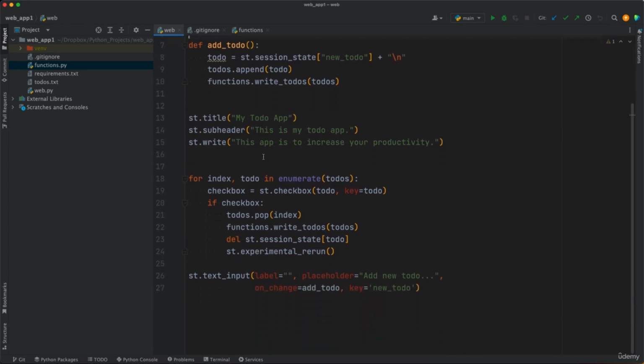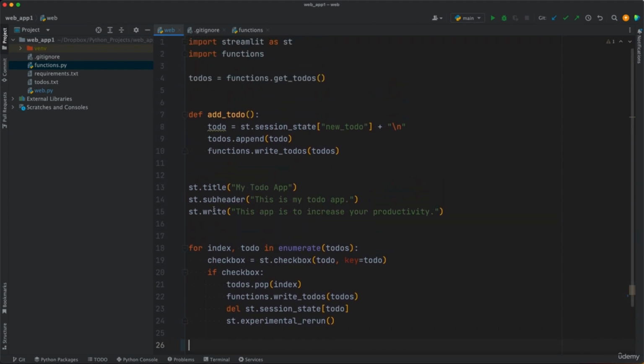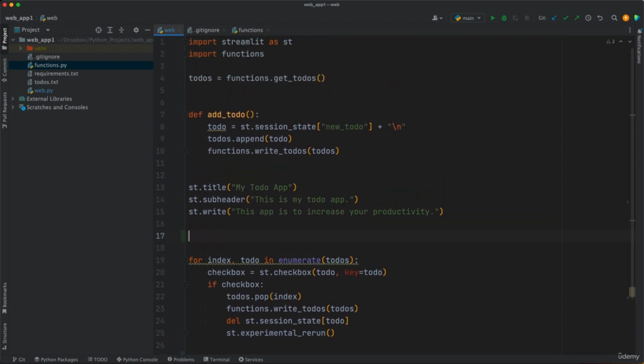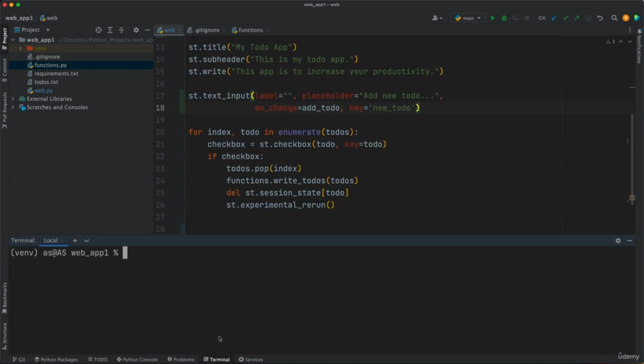The first thing I wanted to show you is that the order of the widgets, the components, matter. So I wanted you to make sure you know that. For example, if I cut the text input widget and I paste it before I start the loop of checkboxes in here, and then I run the code,